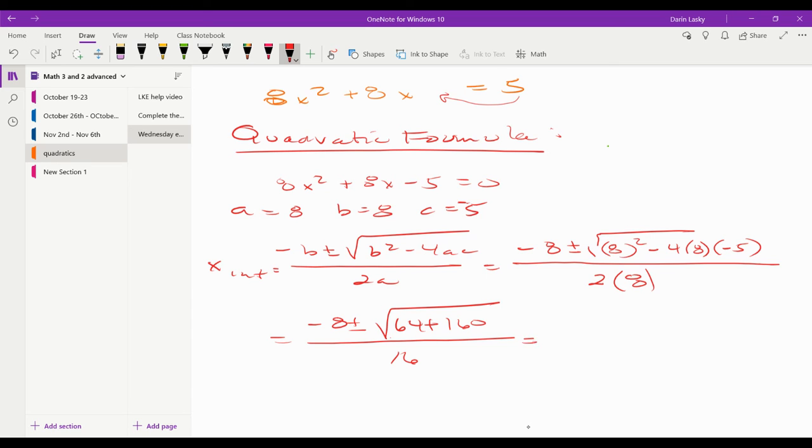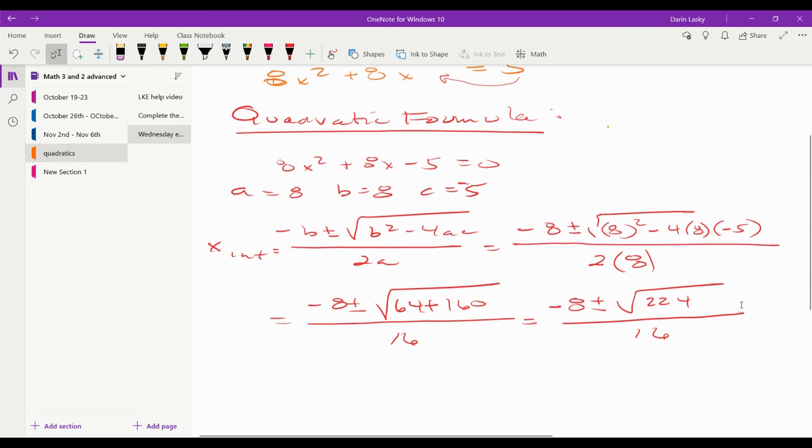So now we can say -8 plus or minus the square root of 64 plus 160, and that is over 16. I already did that, so let's make that 224. Let's make this 224. There we go. All right, so if that's 224,